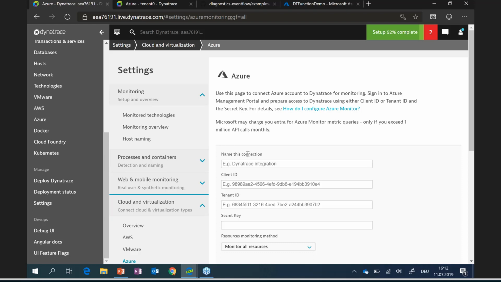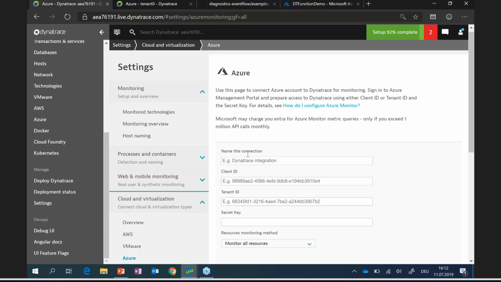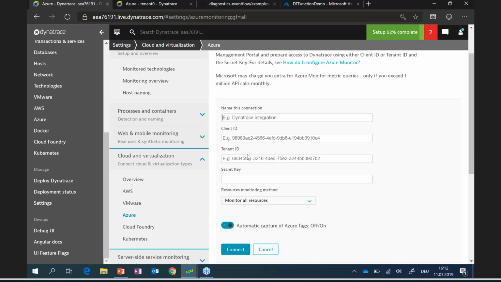All you need to do there is set up a so-called service principal. That's an automation credential. We have all the instructions on how to set it up in our documentation. You can either do it through the portal or with some simple Azure CLI scripts. This service principal basically just needs read access to Azure Monitor data, and then you put in here these three pieces of data, like the client ID, which is also called